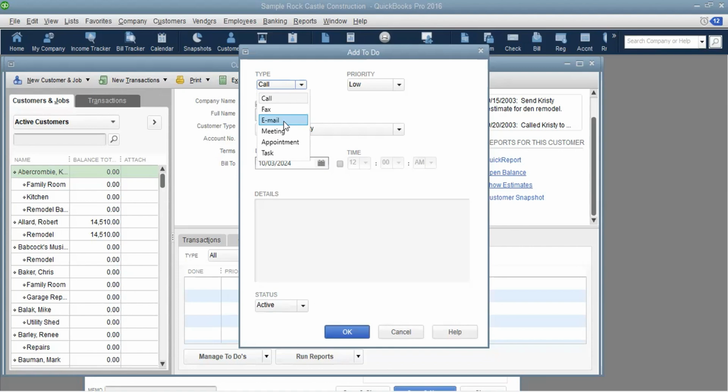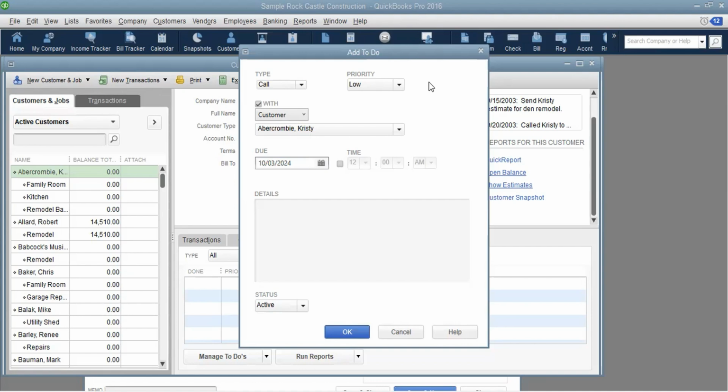So those are the things that are calling for action. In other words, you are setting things up, depending on what you had agreed with the customer, so that when you are working in QuickBooks, you can actually see some of those things before you forget. So if it is a call, then what you want to find out is